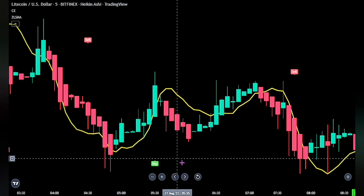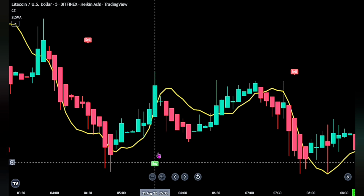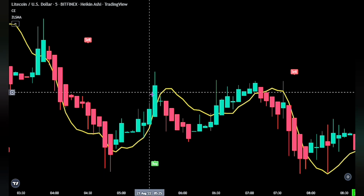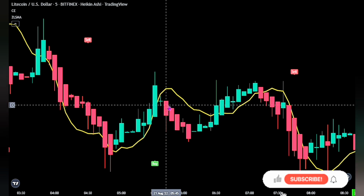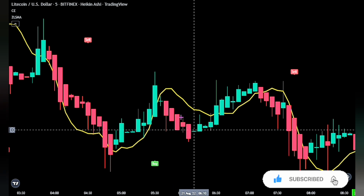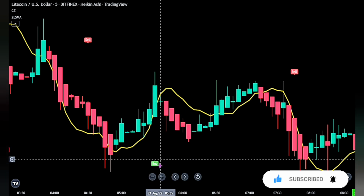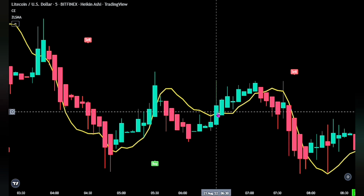Now let's go over the rules for a valid buy trade. For us to enter a buy trade, we would want to see this buy label as our first confirmation. Then we would want to see price close below the moving average, as we wait to see a red candlestick. And when this happens, we would enter the trade on the next green candlestick, and price has to still be below the moving average to enter the trade. If price happens to cross and close above the moving average when we get our green candle, then we need